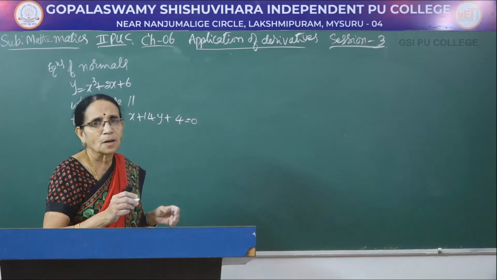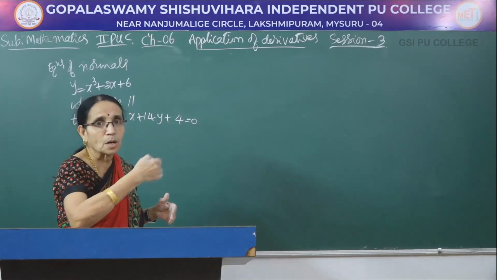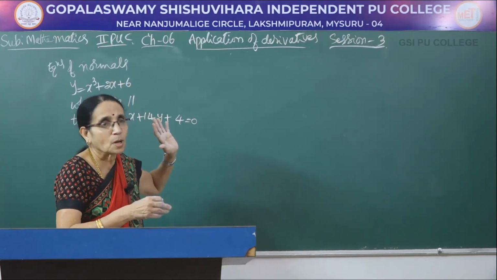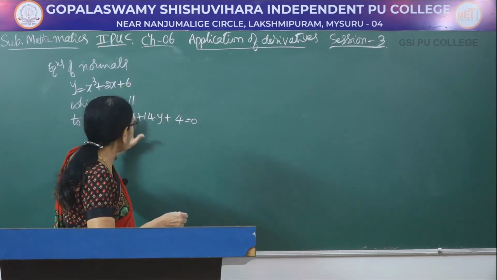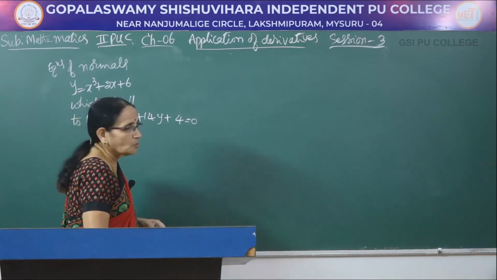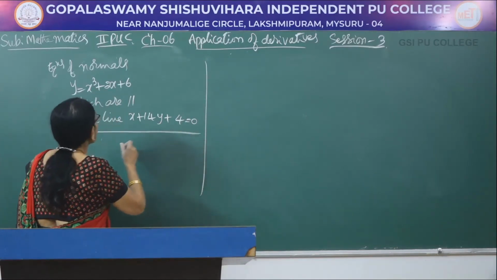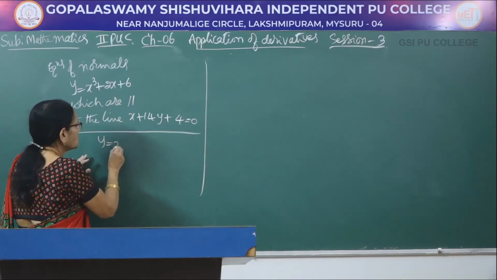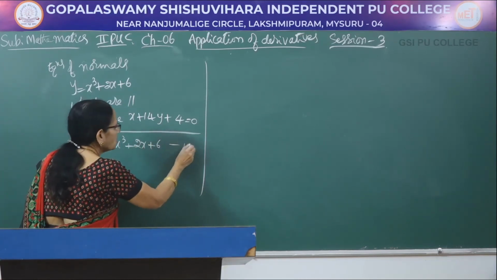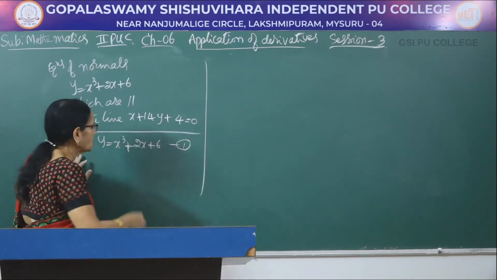You know that when a line is given, any number of parallel lines can be drawn above that and below that one. So here, two normals, meaning more than one, they have asked in plural. The normals are parallel to the given line, and you are asked to find the equations of the normals. First, let me consider the equation of the curve here. Let me take y is equal to x cube plus 2x plus 6. Take it always as 1, because to know the points we need this particular equation.